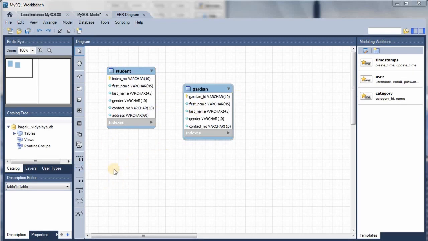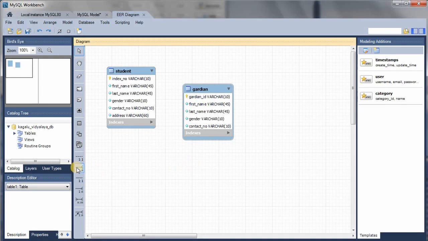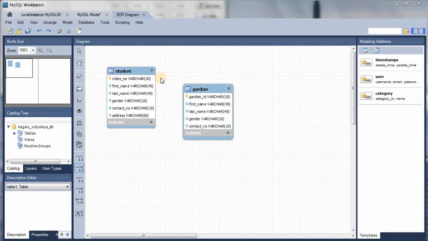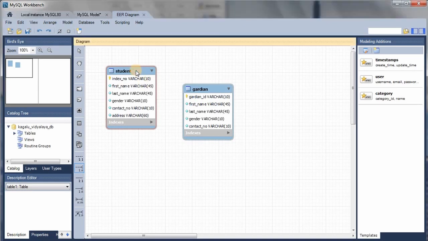So I'm going to select the non-identifying one-to-many relationship tool. Here's the button. I click on the button, and first I'm going to select the table which has a many connection with the other table. So I'm going to click on the student table and then click on the guardian table.